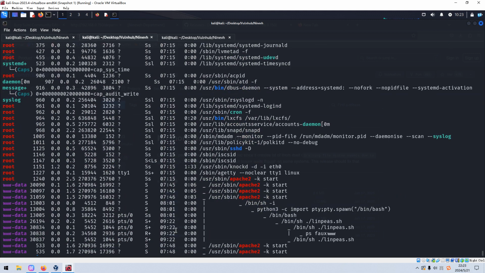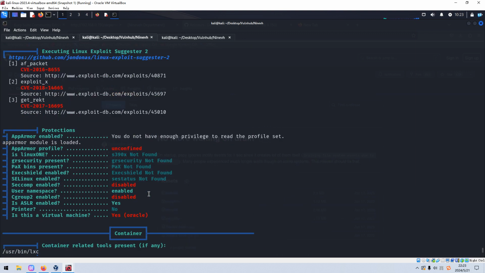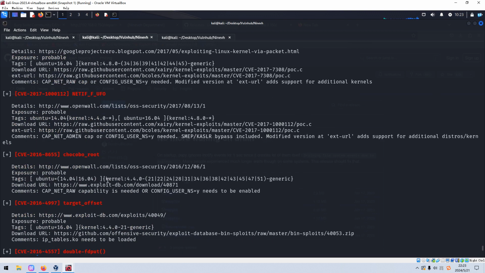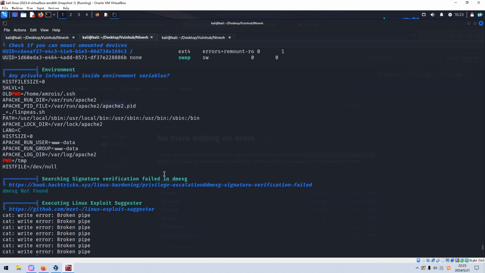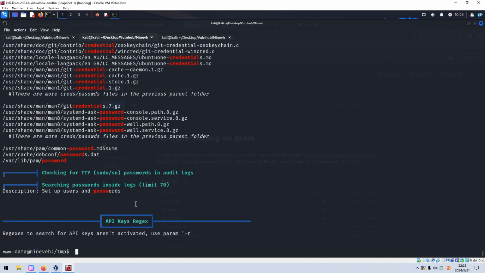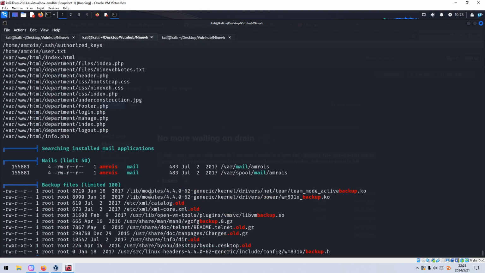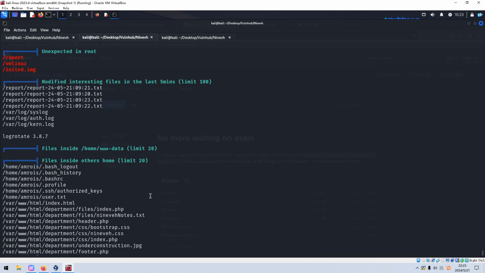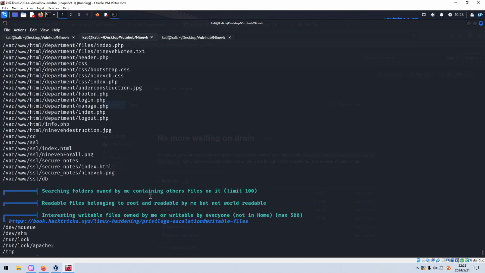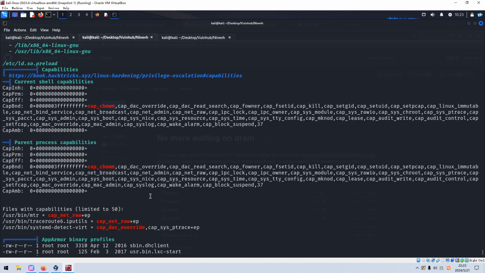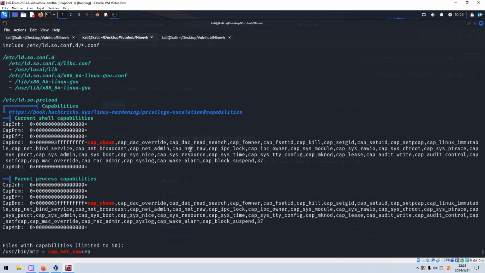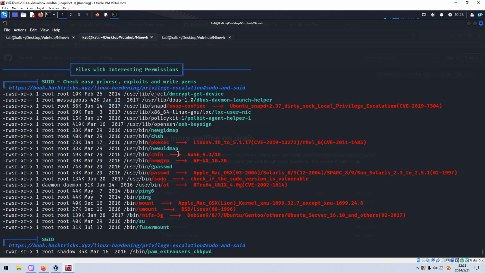As you can see over here, like process information, the local exploits, of course. In this video, I will not take a look at all of the local exploits. And it's done, and then we can scroll back to the top to see whether we can find something special or interesting. The capabilities information, nothing, SUID binary,